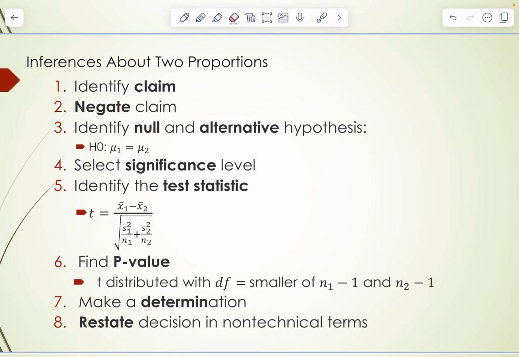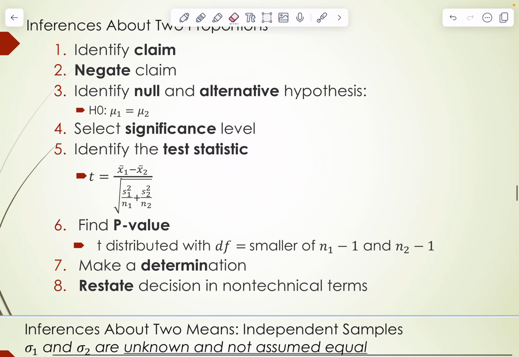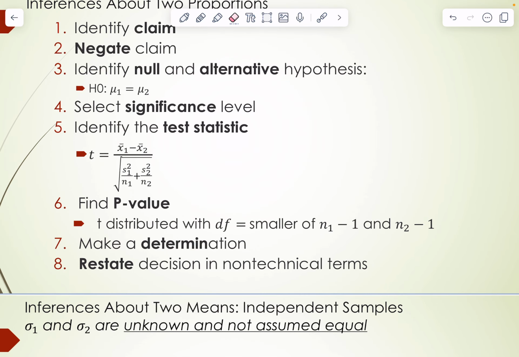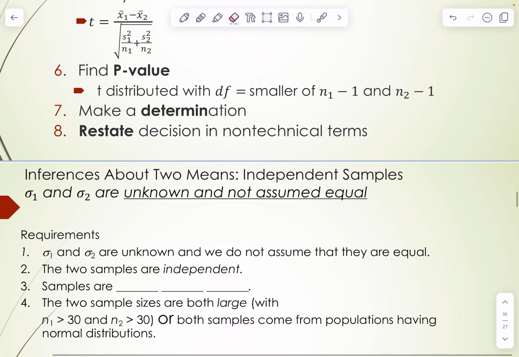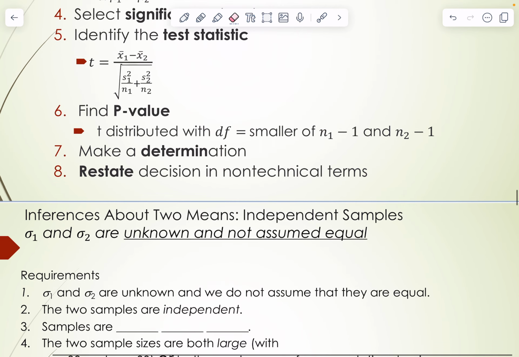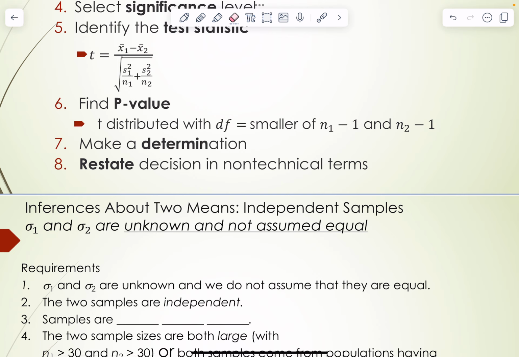Now there is a more sophisticated equation for degrees of freedom, but it is very complex. This little heuristic, take the smaller of the two sample sizes minus 1, is a very easy thing to compute, and it's fairly close and useful and conservative. Conservative meaning what? Meaning it errs on the side of